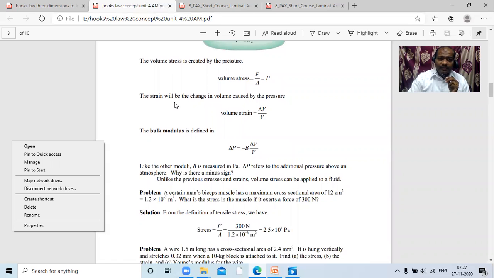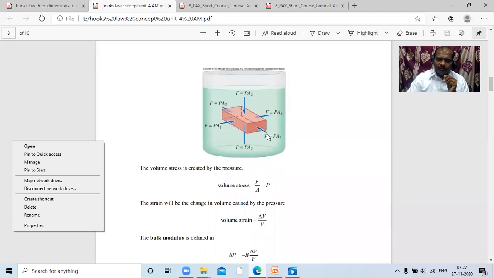The strain will be the change in volume caused by the pressure. That is, volumetric strain is equal to del V by V. So the bulk modulus is defined as del P is equal to minus B into del V by V. Already in B we have represented P. So this concept I already told here. Here I am explaining it once again with the help of a diagram,